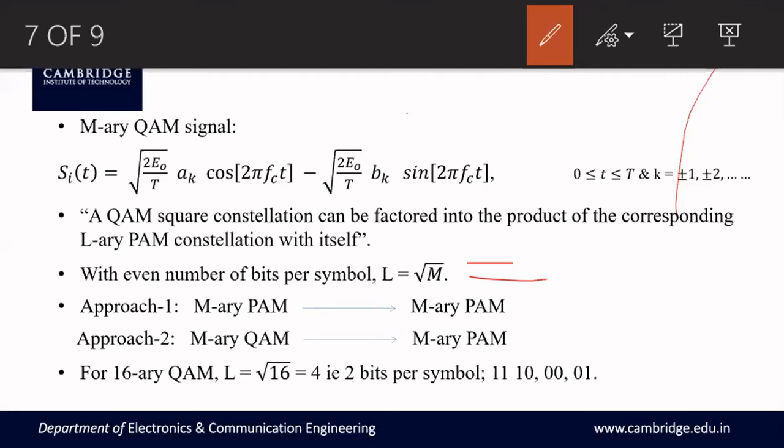To understand the steps, you go by examples always, guys. Take M equal to 4. M equal to 4 corresponds to 4 symbols. You have to transmit 4 symbols, right? To represent 4 symbols, use 4 amplitudes, M1, M2, M3, M4. Since there are 4 symbols, the system is digital but not binary.